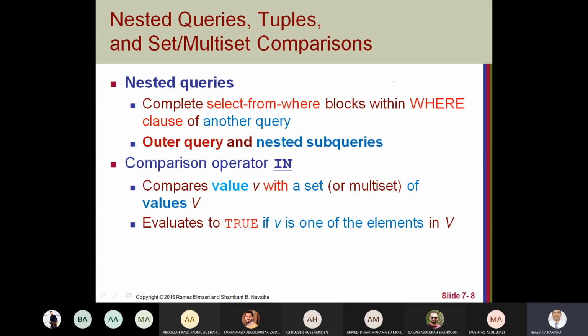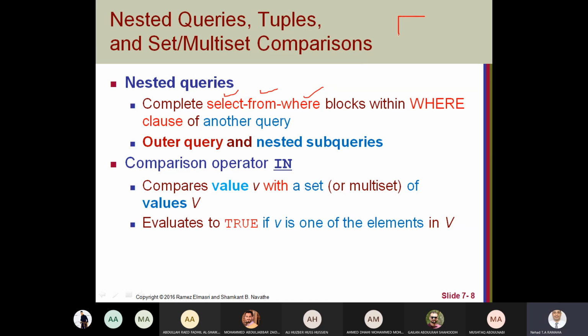We will speak about nested query. We know that the query in SQL has select from where. When we have a nested query, this means we have two queries in one query.